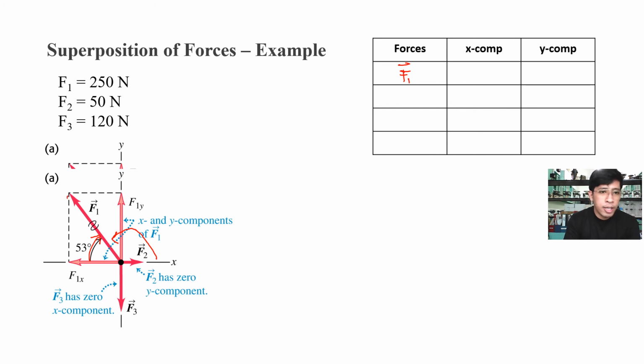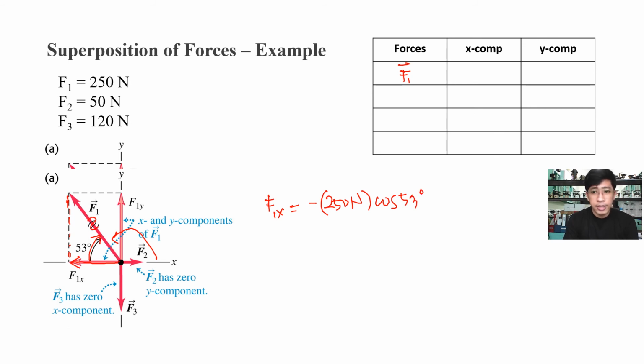So projecting along the x-axis. You have here again a wiggly line. A wiggly line represents that you're decomposing your force into its x and y components. So we project this one on the x-axis. You have here your F1x, which should be negative. That is an adjacent side. So you have your F1x, that is negative of your force, which is 250 newtons, and then we have cosine